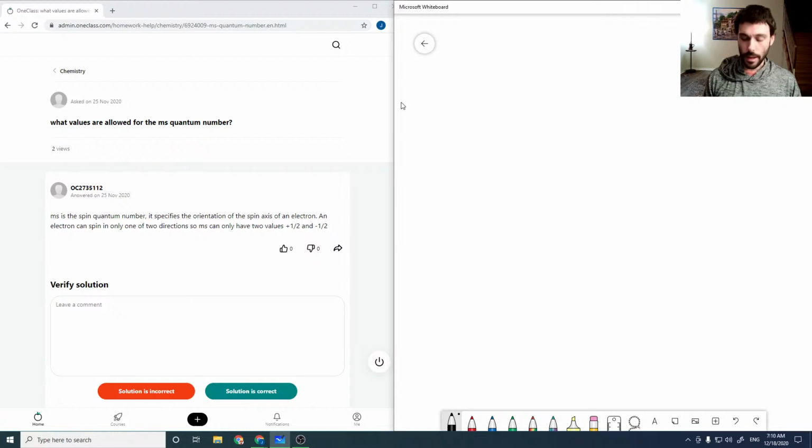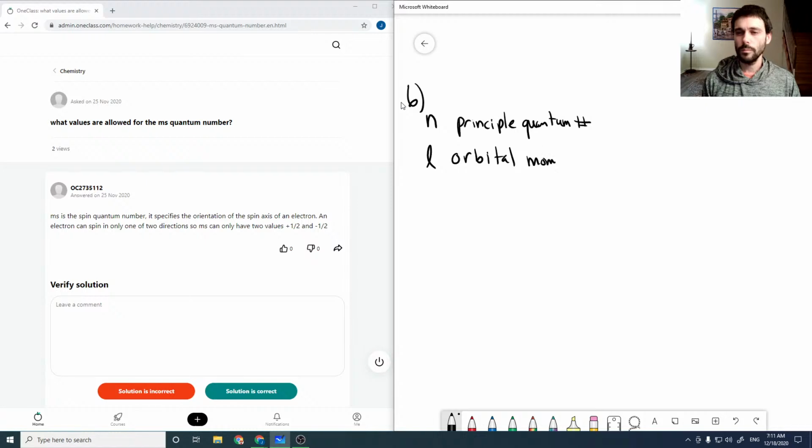So what values are allowed for the MS quantum number? This will be good to just summarize some things. The typical quantum numbers we're going to see in first year or high school are n, which is our principal quantum number, l, which is our orbital momentum quantum number, ml, which is our magnetic quantum number, and ms, which is similarly our magnetic electron spin